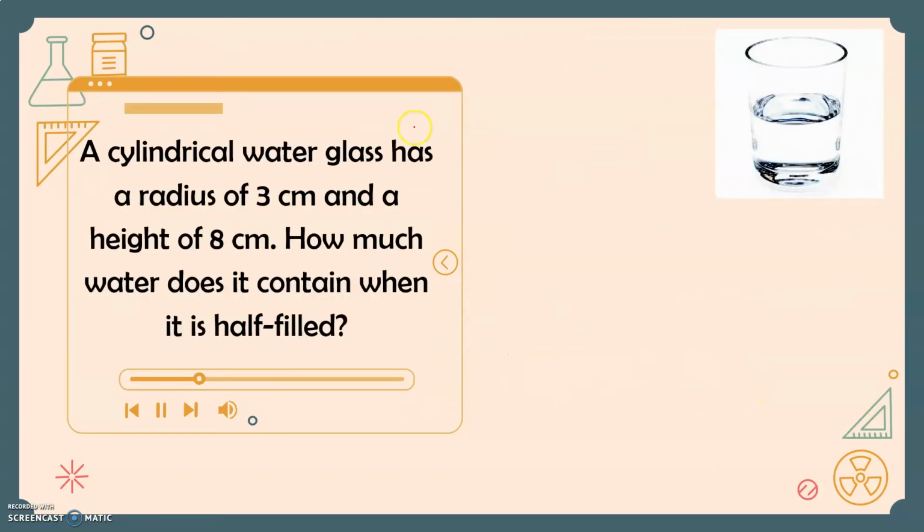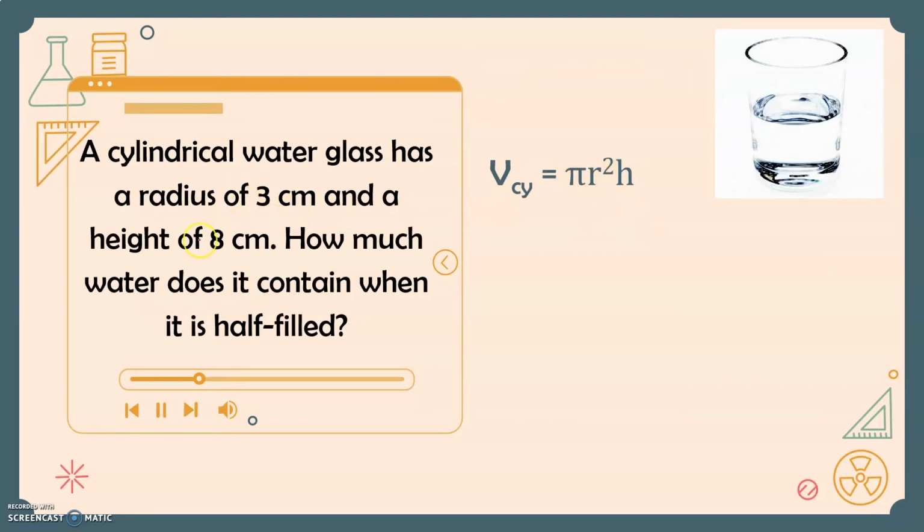For our last example, let's take a look at this word problem. A cylindrical water glass has a radius of 3 centimeters and a height of 8 centimeters. How much water does it contain when it is half filled? Again, the question is asking for the volume of this cylindrical water glass when it is only half filled. Again, to know the volume of the entire cylindrical water glass, we will use the formula pi r squared times